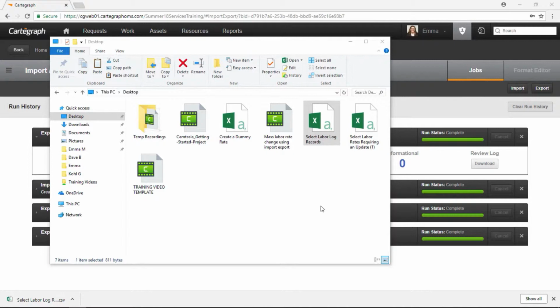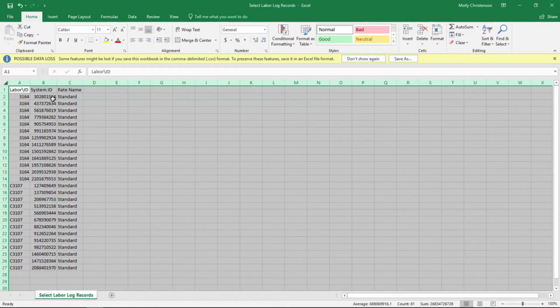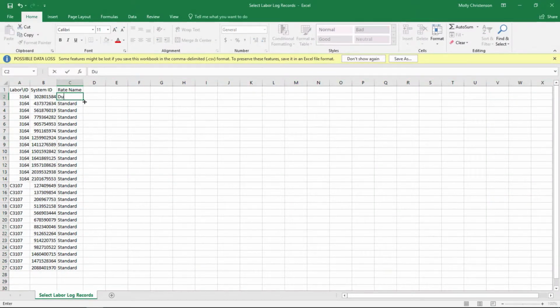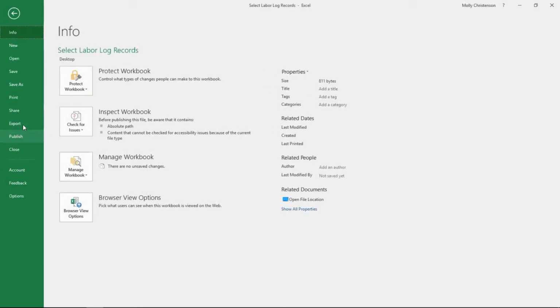The next step that I need to complete is to change the labor log rates that I just exported out to be the dummy rates. So I'll double click to open the select labor log rates, and I'm going to go ahead and change the rate name to dummy. I'm going to leave all the other fields as they are, and I'm going to go ahead and save this file